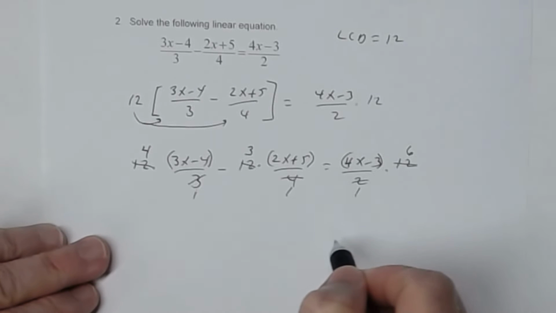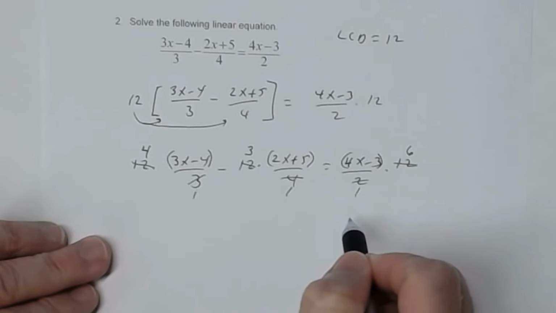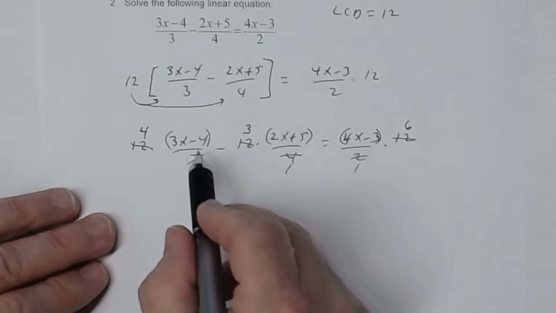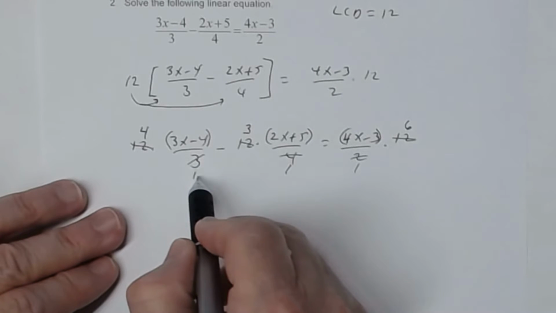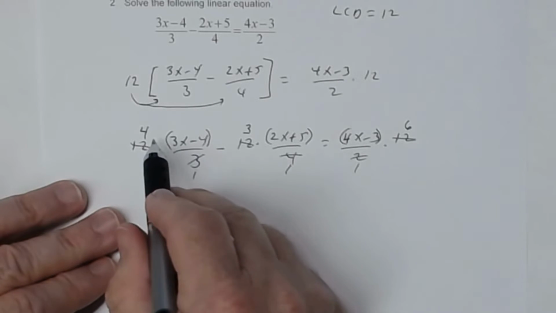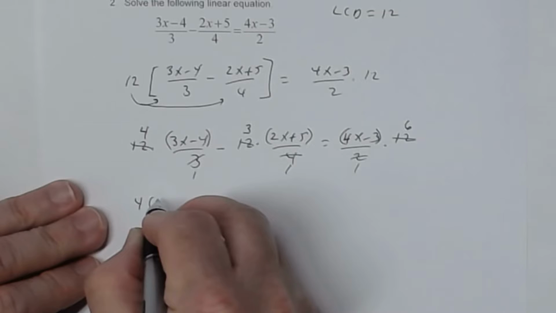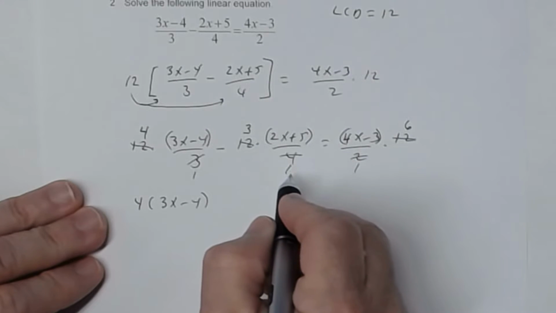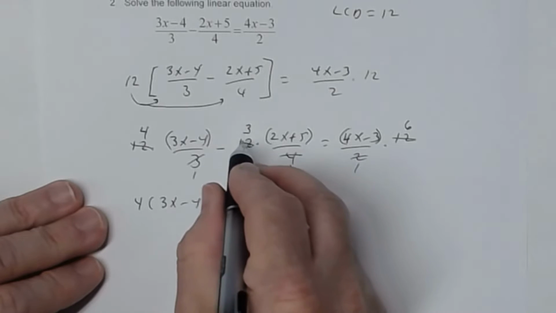So the next equivalent equation you write will not have any fractions in it. So 3x minus 4 divided by 1 is still 3x minus 4. So this 3x minus 4 has to be multiplied by 4. So I'm going to write it as 4 times (3x minus 4). Same thing here, 2x plus 5 divided by 1 is 2x plus 5, but that's going to be multiplied by